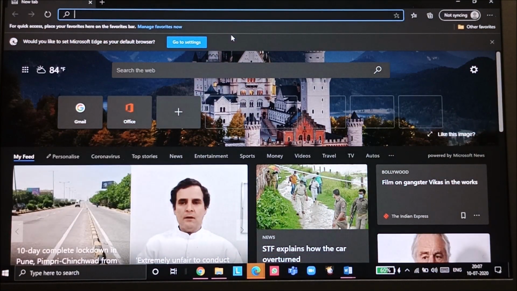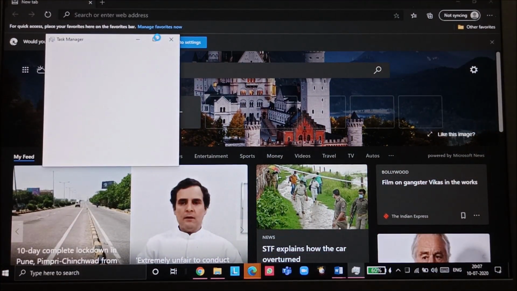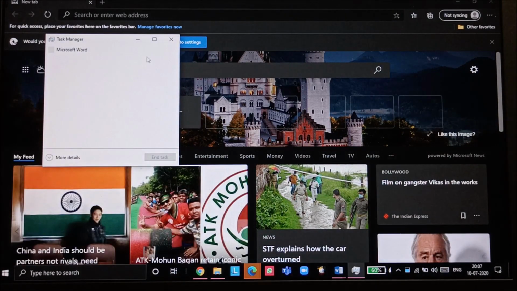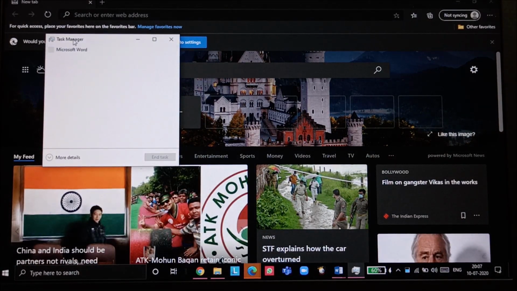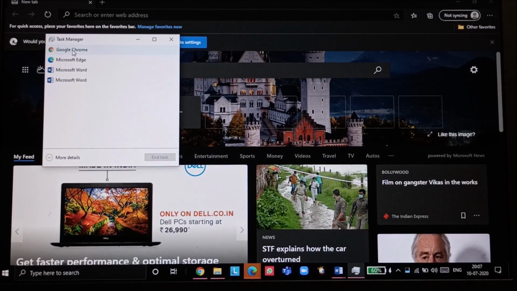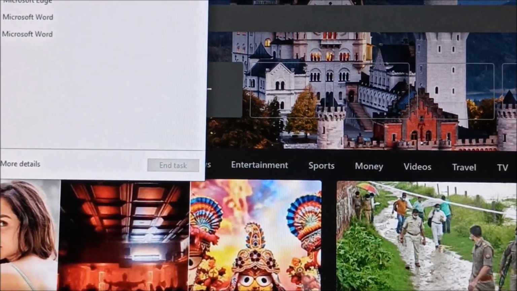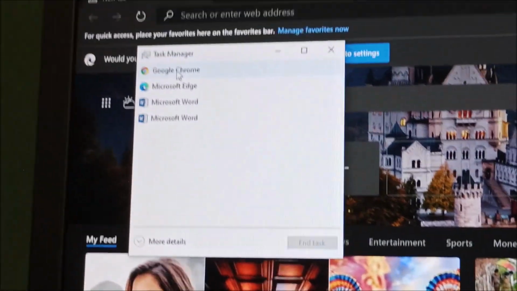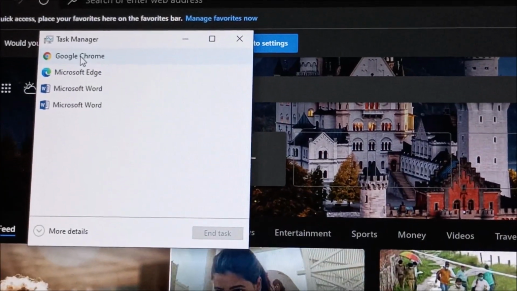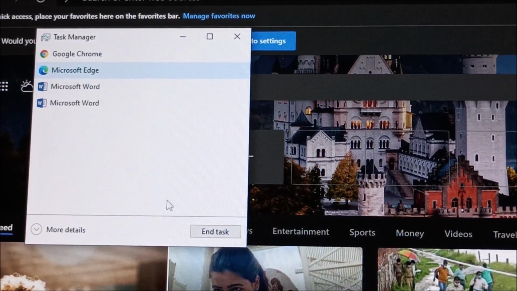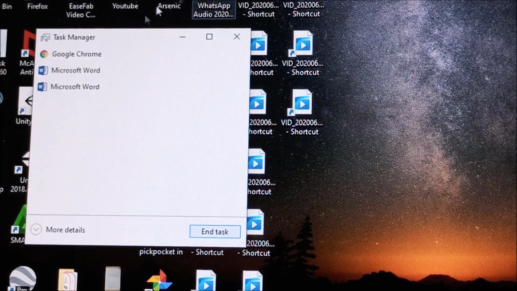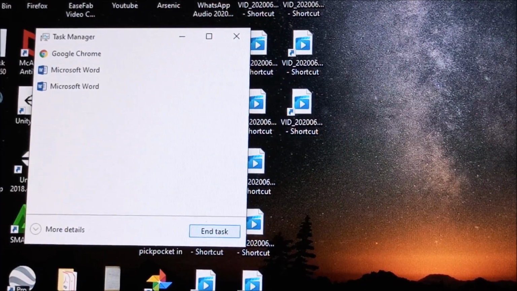When you click on the Task Manager option, a pop-up will open and this will show you which apps are consuming battery and space. So you can go here and remove the apps which are consuming more battery and storage. Like, you will click on the app and end task from here and it will automatically close the application.